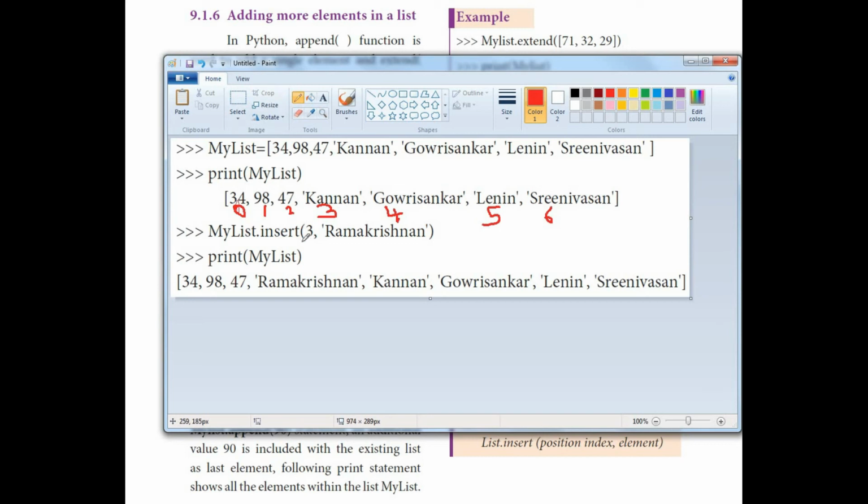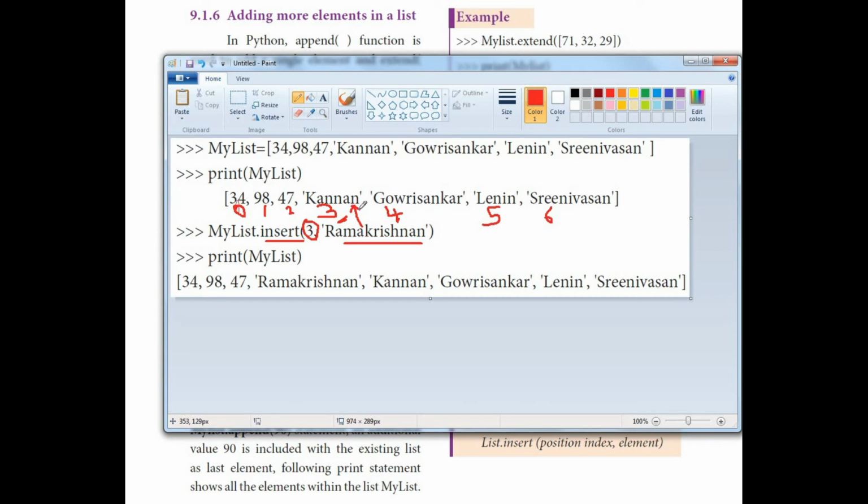This insert function inserts a new element Ramakrishnan at the index value 3, that is, at the 4th position. Which is the 4th position? 1, 2, 3, 4. This is the 4th position, which has the index value 3. So in the 4th position I want to add Ramakrishnan.